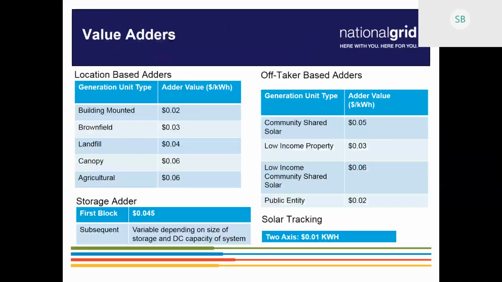This is a little disjointed, sorry for the order of the slides here, but when you get locked into a block, it tells you what your base compensation rate is, and then you have the ability to kind of customize your incentive rate based on adders. So this is the first time we've seen the adder of battery storage. So if you decide to have a battery at your site, you get more money on your base rate. Of course, there's some other ones for the larger sites, if it's over a landfill, if it's over a parking lot. There's different ways to kind of get more money per month.